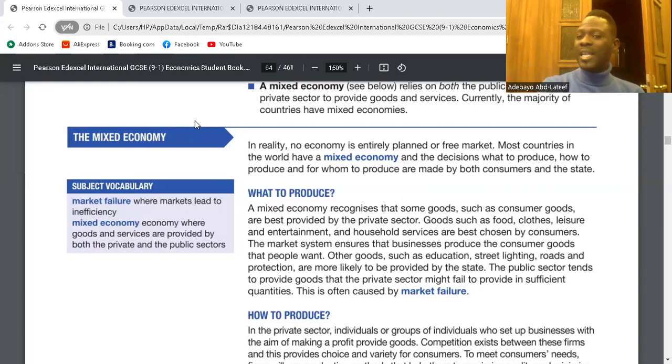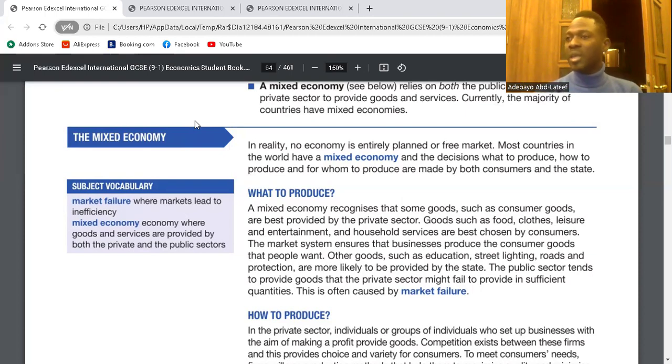So that's why they said here that those goods that are insufficiently provided by the private sector will be provided by the public sector, such as education. And why do I call education a merit good? Education is a merit good because without government intervention, we cannot all consume them. So just imagine if there are no public schools in the country. They are all private schools. Look at the prices of private schools. Not everybody will go to school. So that is why we call them merit goods.